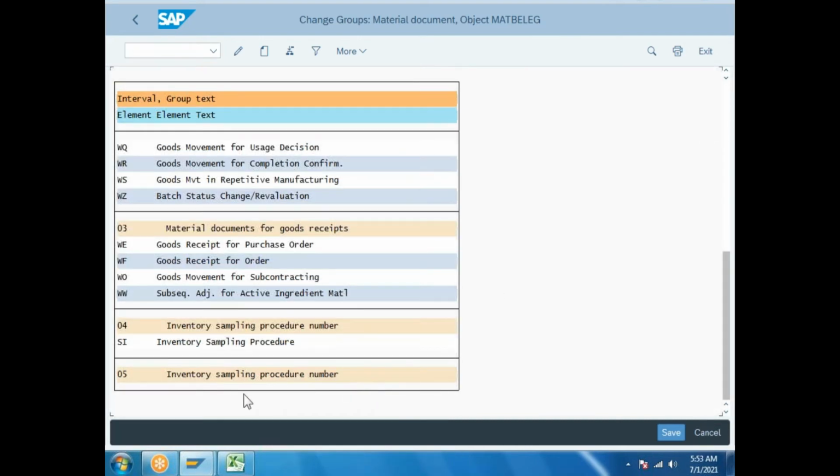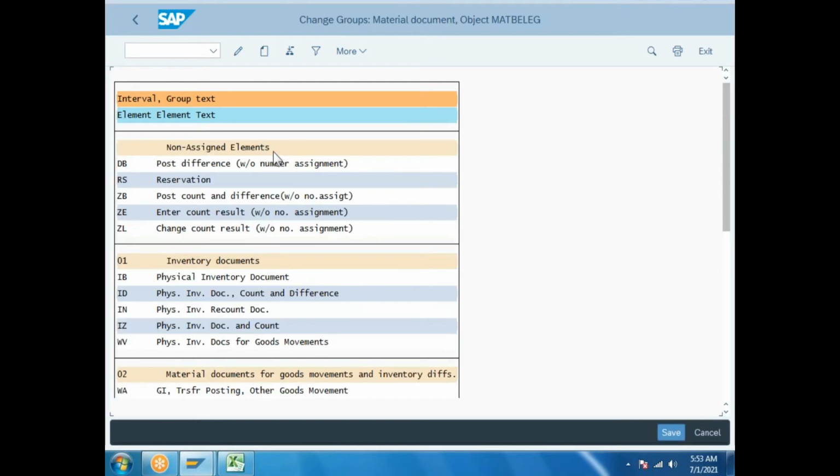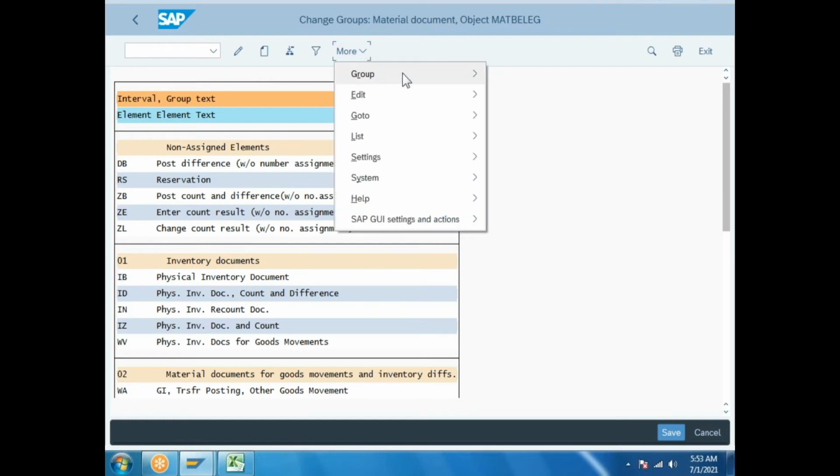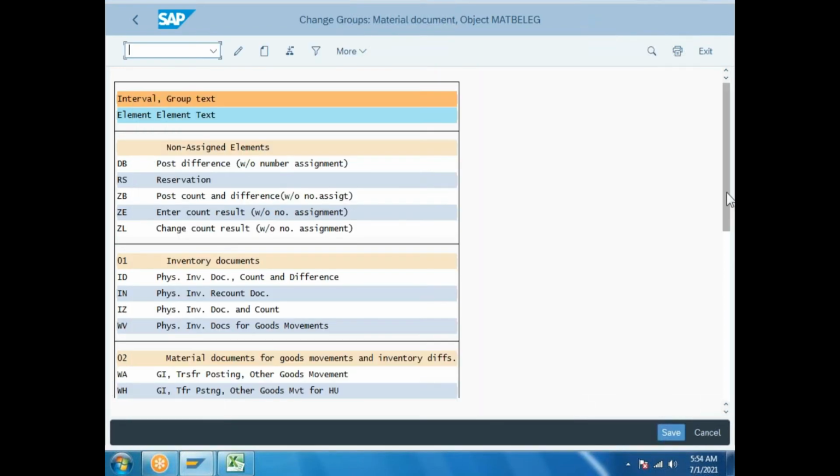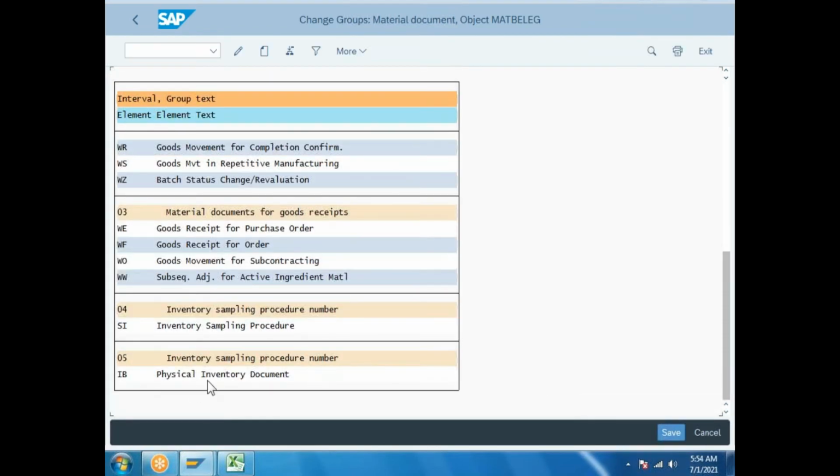See here is the physical inventory document. Okay? So now go back. Select, go. Assembly. Select. Enter. It is coming now. What is that?